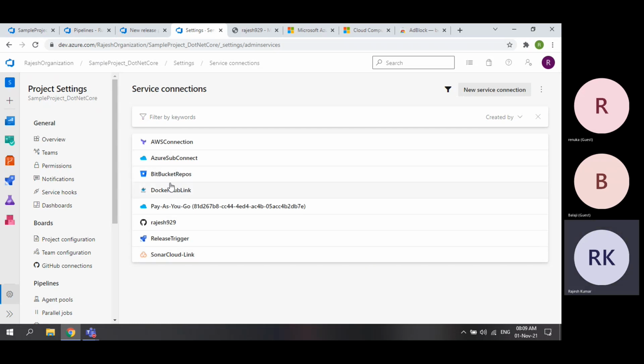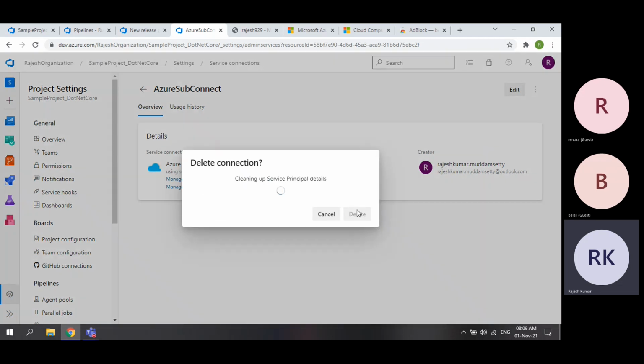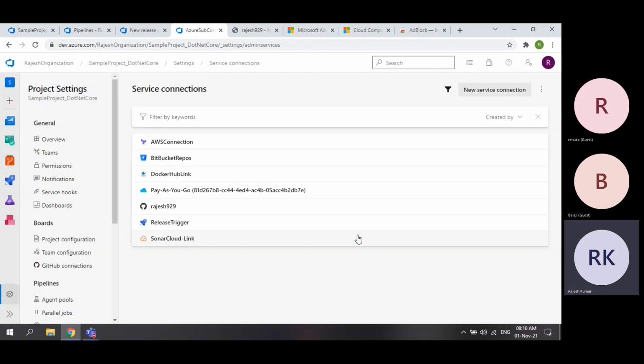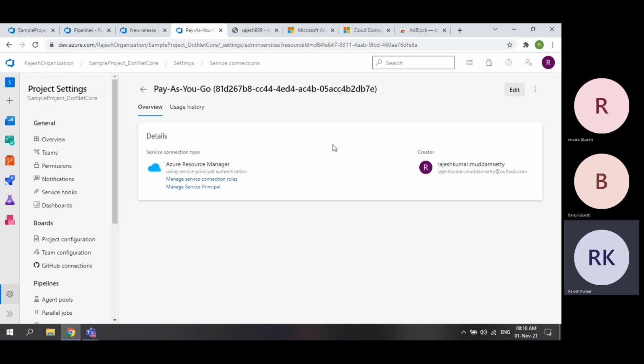Now I have an Azure subscription. What I will do, I will delete this. For now I will delete this, and then I will delete this also. So this is also Azure only.